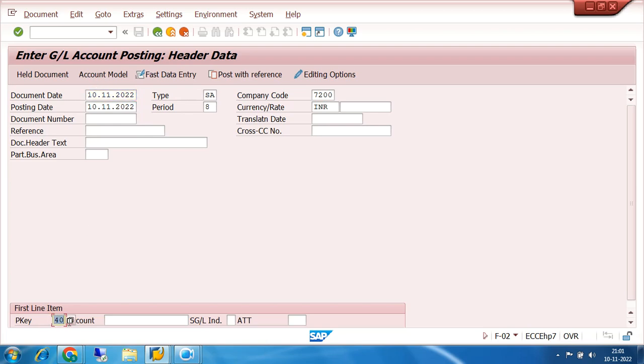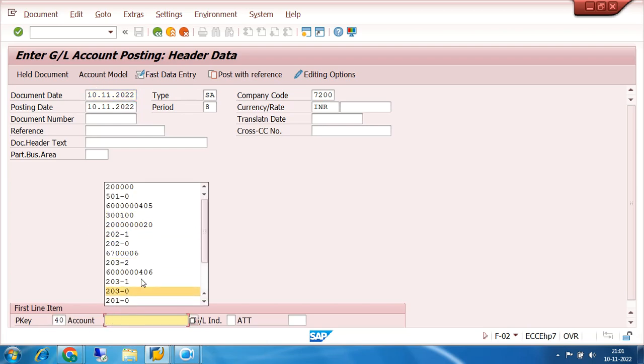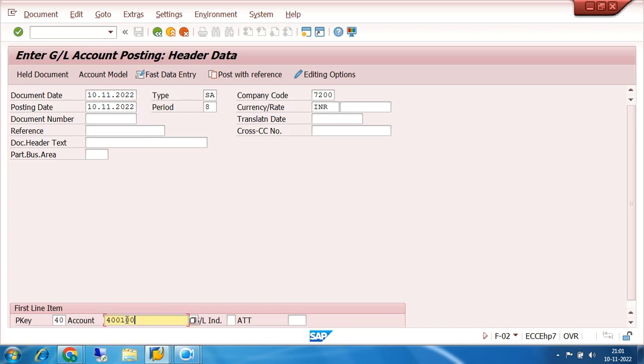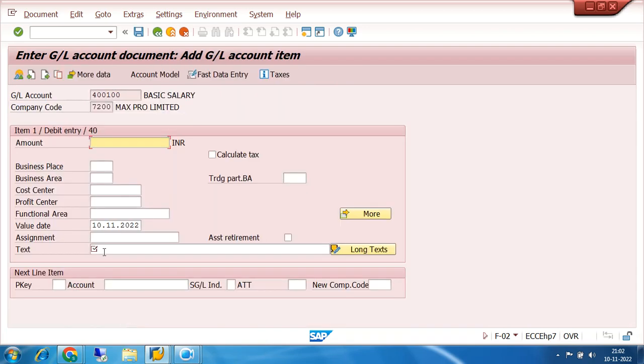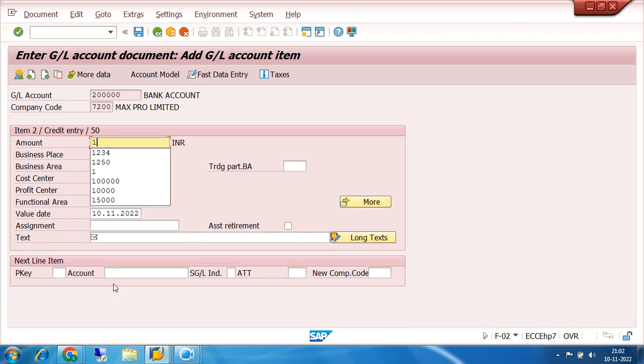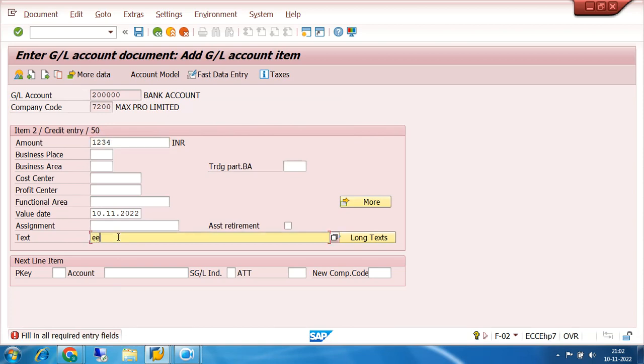This is posting key 40. I have to give the GL account number, say 400100, for the first line item. Then I click enter, and it asks for the amount and everything. Suppose 1234 is the amount, and the text is, say, test. Then for the next line item you put 50, and the account number, say 2 lakhs. Again you put the amount, then your text. Then the next line item, again 50 or 40, whatever you want. So it takes a lot of time, but